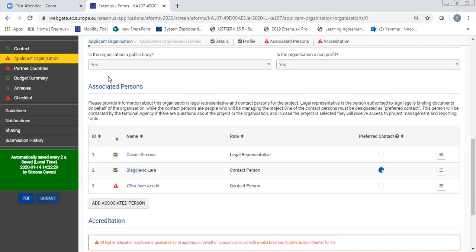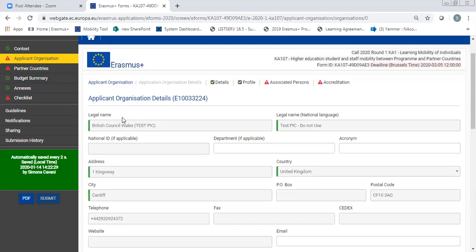Okay, if you want to close the form, no, let's not close the form now. Let's move on to the next